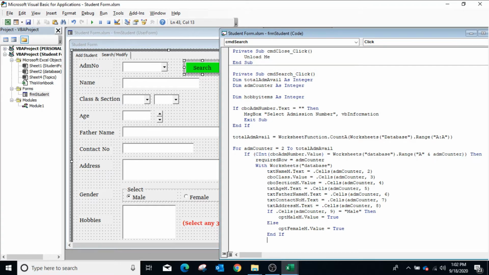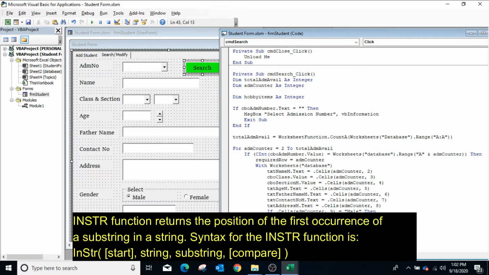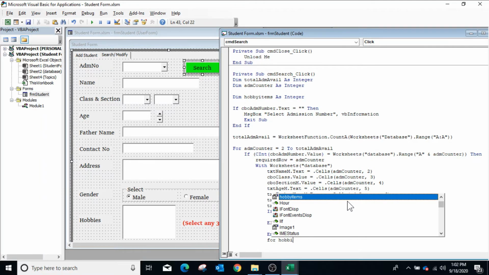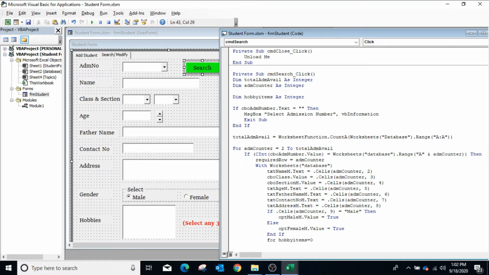Now for the list box, we will check if any item of the list is available in the database sheet. For that, we will again apply a loop and use the InStr method to check. The InStr function returns the position of the first occurrence of a substring in a string. This function returns 0 if the substring is not found. So for hobby items equals to 0 to lst hobbies m dot list count minus 1.